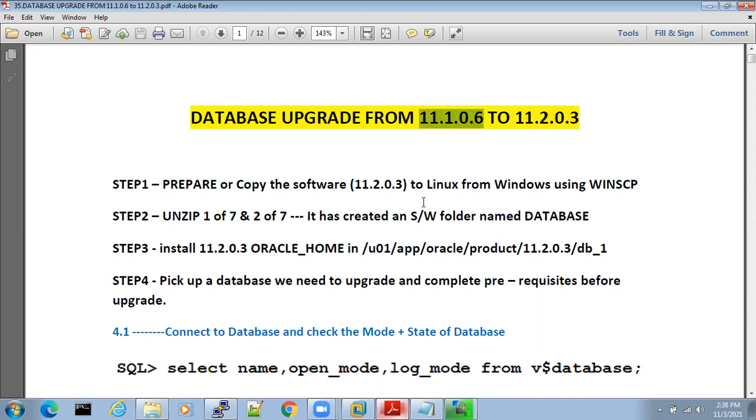Just unzip the folder and run ./runInstaller. The software installation screen will come. In the same way, we will unzip 1 of 7 and 2 of 7. Both will be unzipped and one database folder will be created. We'll go to the database folder and run ./runInstaller so that the 11.2.0.3 software will be installed on